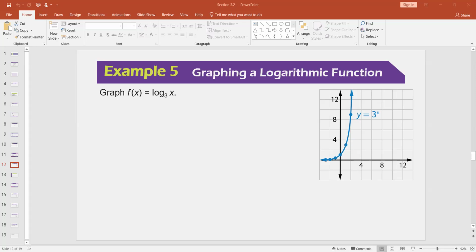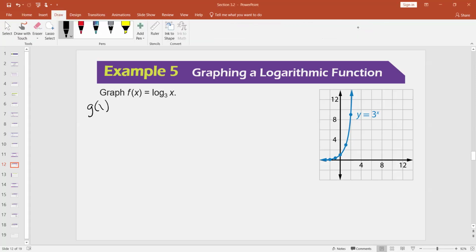Okay, so I'm going to make a table of values for what we already have graphed here. Since the log is f of x, I'm going to call this g of x, the inverse, so base 3 raised to the power of x. I'm going to plot the points and connect them with a curve to give the graph that you see here already, and also show you where and why this table is still useful in order to graph your logarithmic function. Okay, so I'm going to have my values of x, and here's my g of x, 3 to the